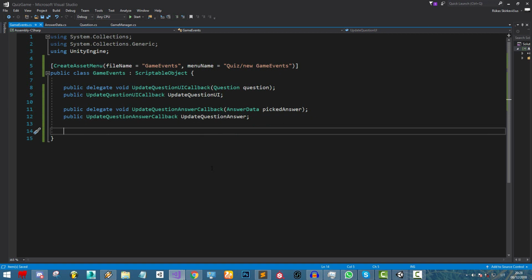And we will, of course, determine what type of resolution screen it is: correct resolution screen, incorrect, or the final resolution screen. So for that, we are, of course, going to need to create an enum. But first of all, let's create a public delegate void, and let's call this something like display resolution screen callback. And we will need to determine what type of resolution screen we want to display, as well as